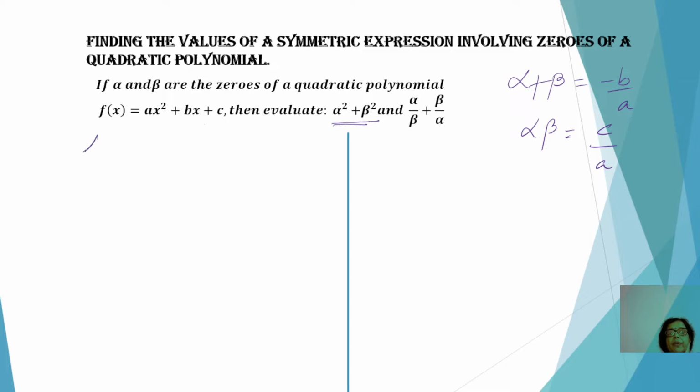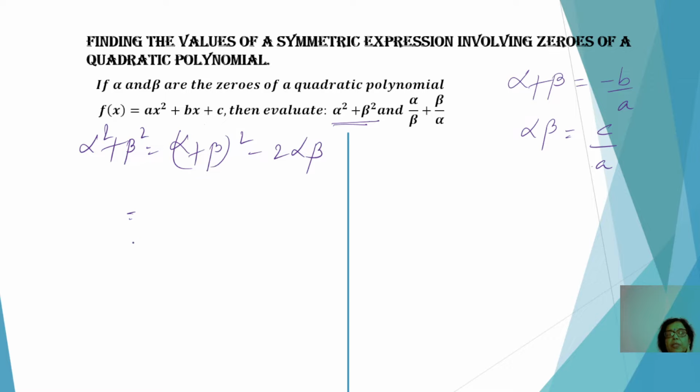So now alpha square plus beta square can be written as alpha plus beta the whole square minus 2 alpha beta. Whenever you get any expression, you need to first put it in this format, the sum of the zeros and product of the zeros. Then only will we be able to substitute these values over here. So this becomes, and this is equal to this. Why? Because if you expand this using a plus b whole square, you will get here alpha square plus 2 alpha beta plus beta square minus 2 alpha beta. So plus 2 alpha beta and minus 2 alpha beta will be cancelled,